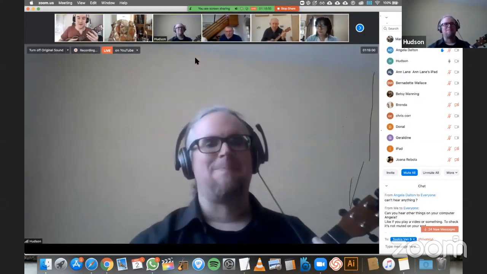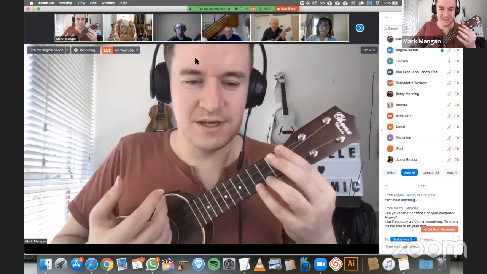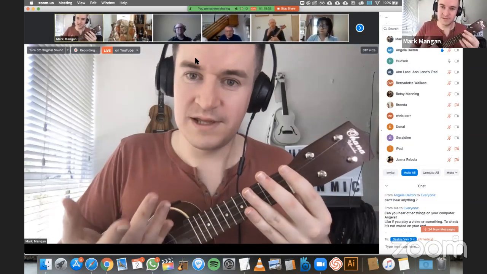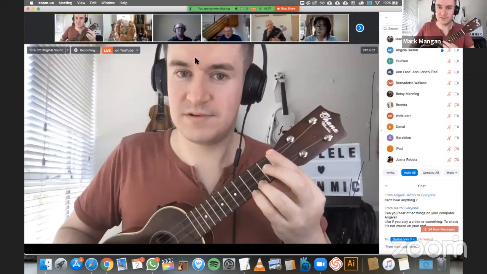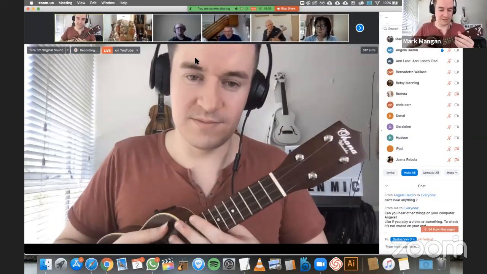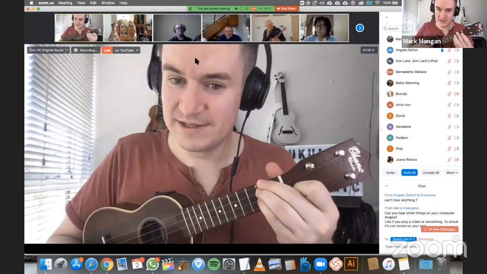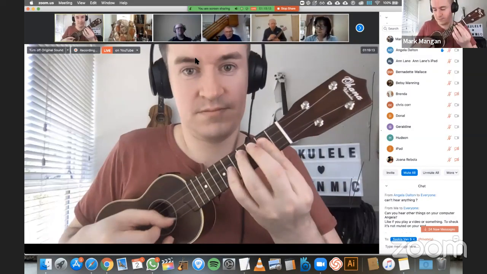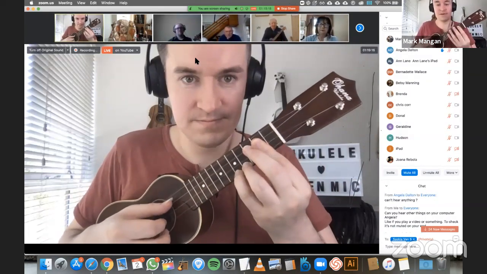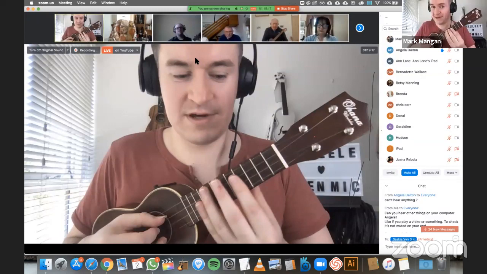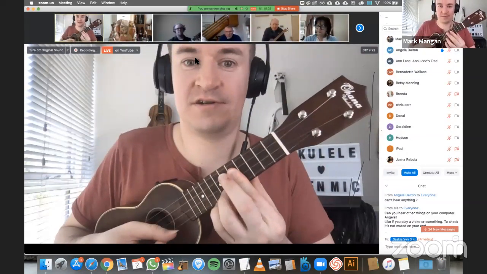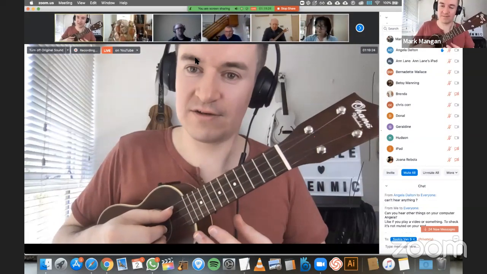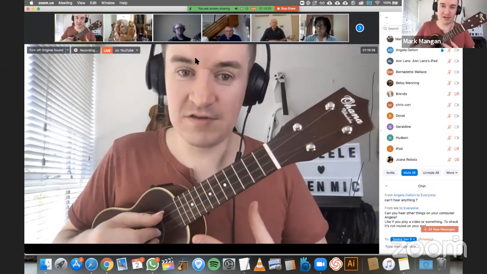But the idea is that whenever somebody is playing a C major, you know all of the notes that are going to be correct. And if they're playing D major, you know all the notes that are correct. If they're playing E major, F major, once you know your scale, you kind of have the cheat sheet for all of the notes